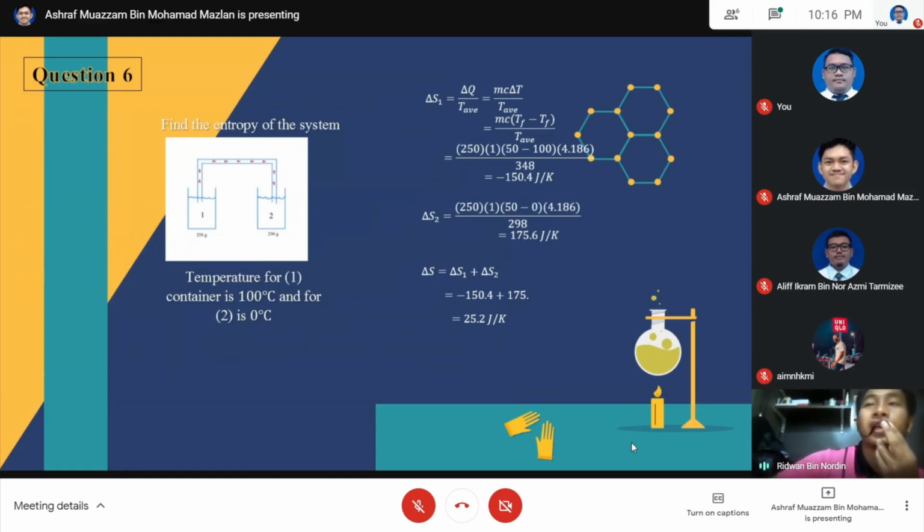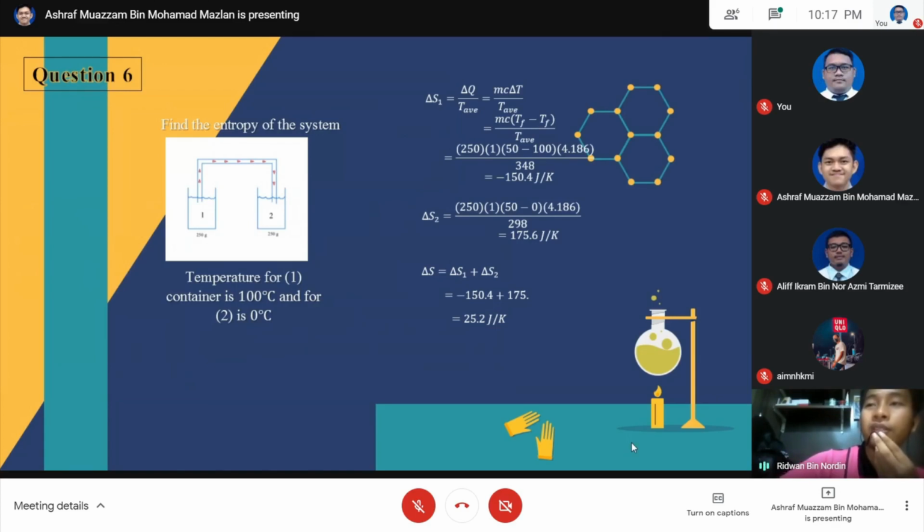First of all, we need to find the entropy for the first system, which is container 1, which is delta Q over average temperature, also equal to MC delta T over average temperature. So we just put all the information into the formula, and we will get negative 150.4 joule per Kelvin. Okay, for the second container or second entropy, we also use the same formula, MC delta T